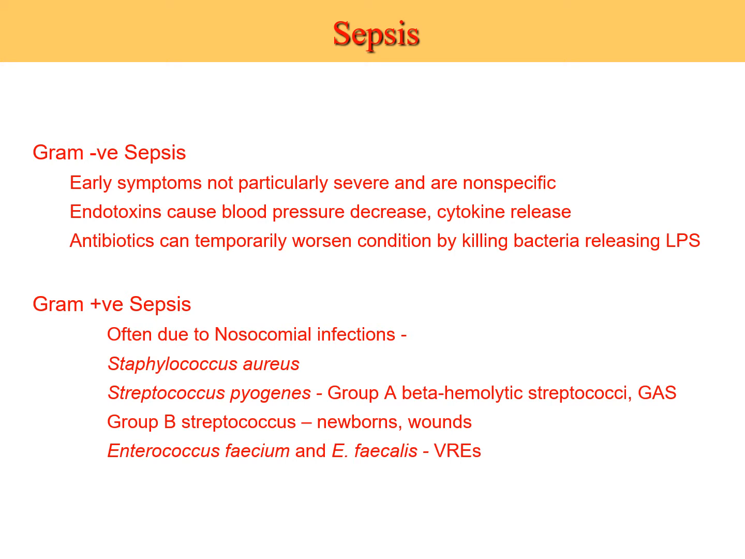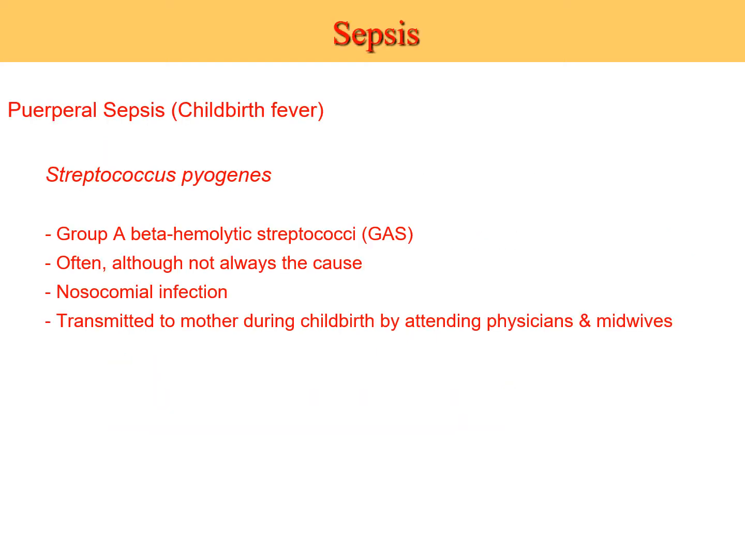Enterococcal infections that are vancomycin resistant. All of these can lead to gram-positive sepsis. Okay, there's also, in terms of gram-positive organisms, puerperal sepsis is a problem, which used to be a huge problem before the advent of